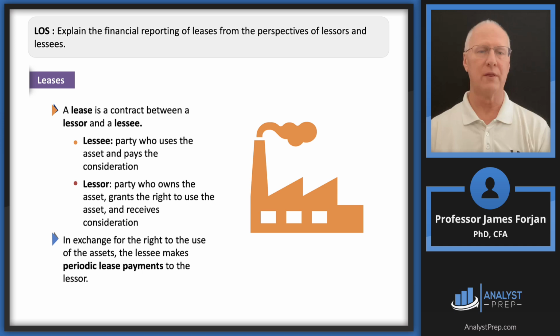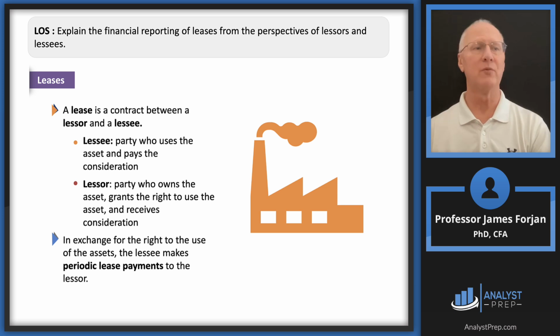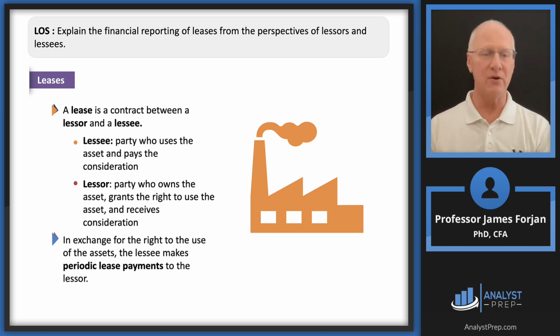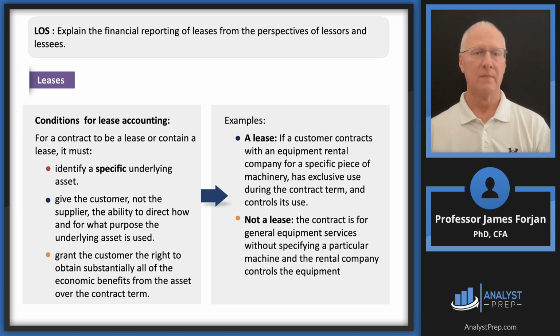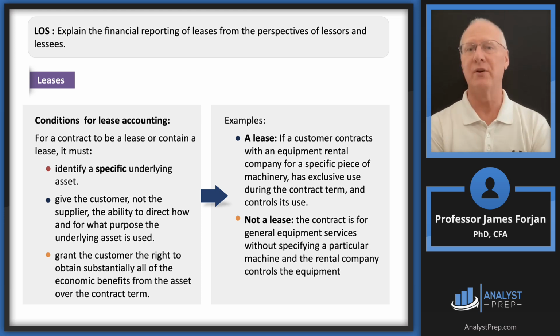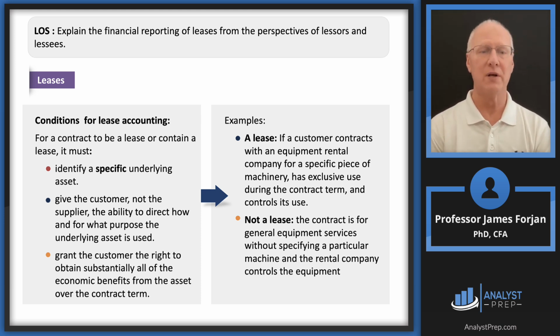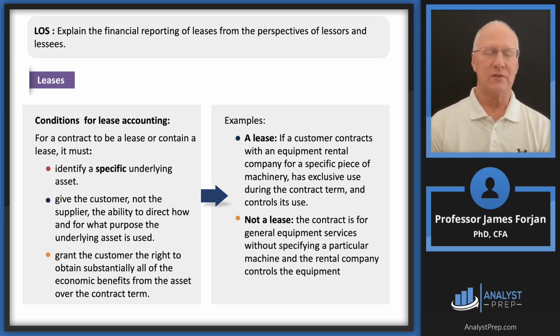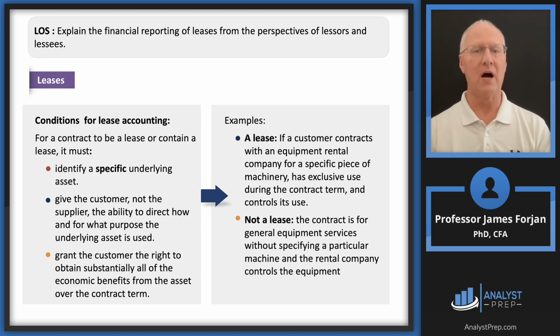So let's start off with a couple of definitions here. We have the lessee and the lessor. One party says, you know what, I'll pay you $100 a year for 5 years if you let me use this asset. There are a couple of conditions that we need to follow in case there is a question of whether or not this is an actual lease. I guess this is a good exam question, but it would be super simple here. So look at those 3 bullet points down on the left-hand column.